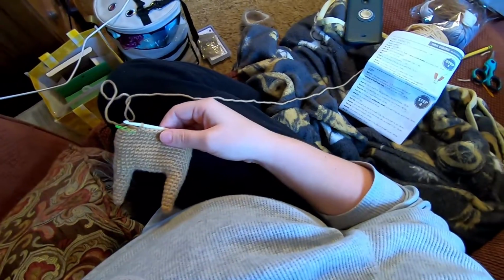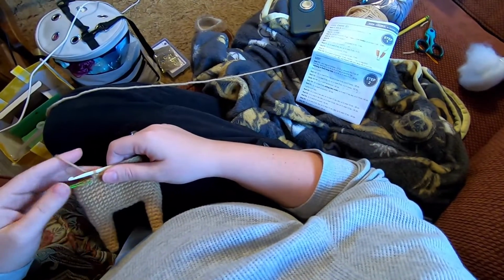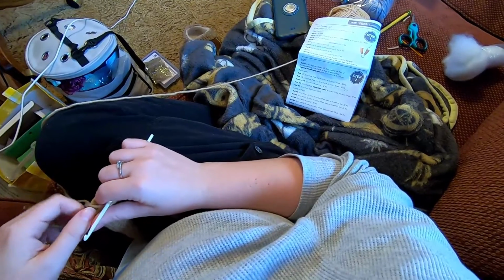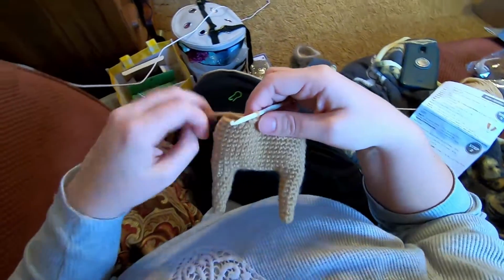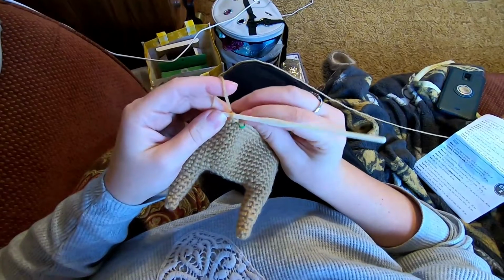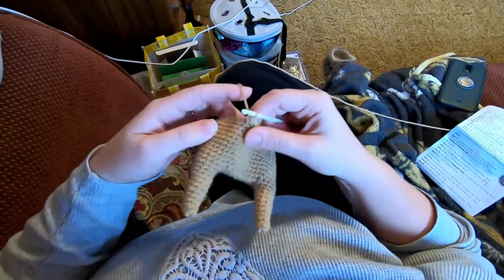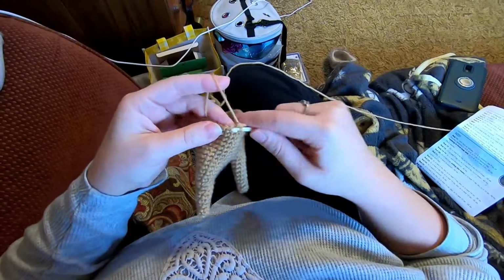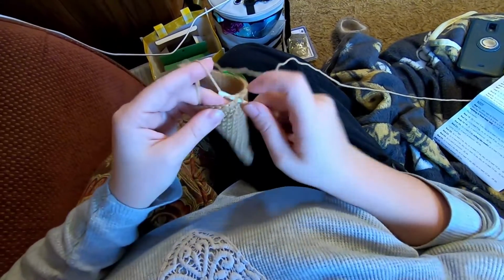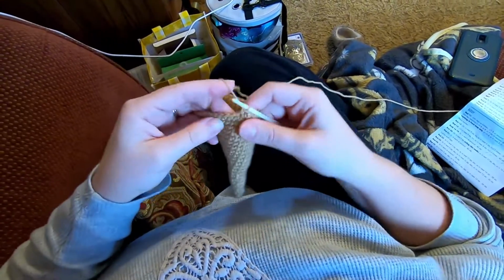Okay, so that's the end of round 22, which was the same as 20, except it was 14 stitches at the end instead of 16. And now 23, single crochet in the next 5, decrease, single crochet in the next 16, decrease, single crochet in the next 13. So I'll take out my stitch marker, do the first single crochet. That's 1, 2, 3, 4, 5, decrease, then 16,